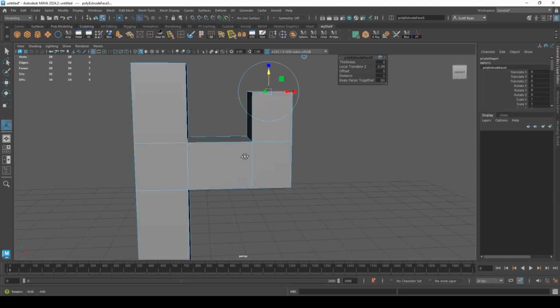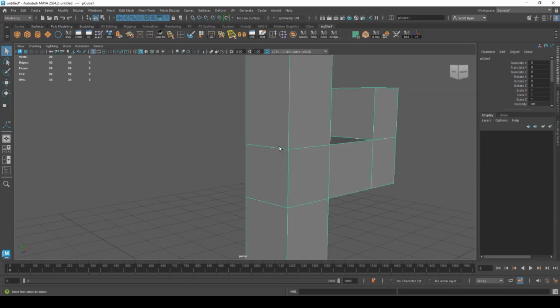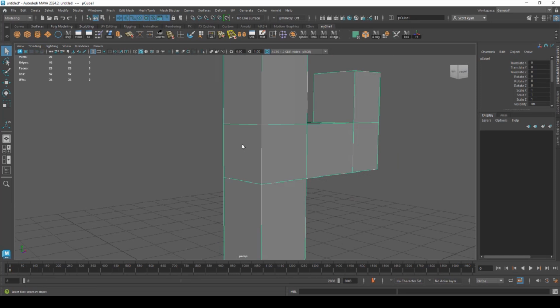Well, I'm going to tell you right now, it is not good enough because this does not have edge flow. The edges, if I were to add them in, would go from here straight down and from here straight over. It does not flow with the shape of the object. If I want this to flow with the shape of the object, I want to grab the face,